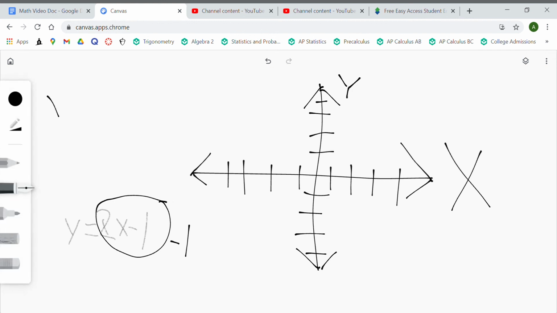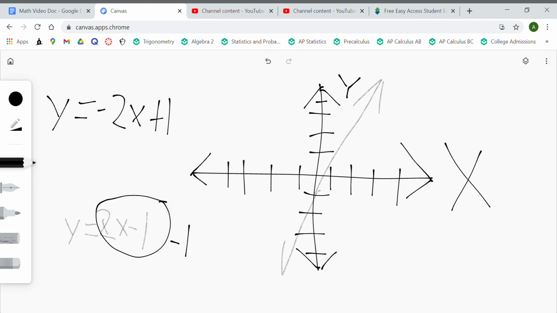You should have y equals negative 2x. Negative 1 times negative 1 is positive 1. I'm going to graph the original equation because I forgot to do so. I just like doing it, that's all. And then